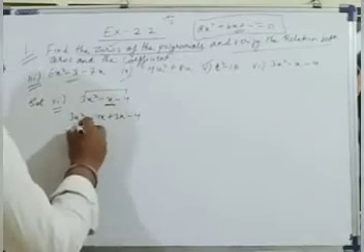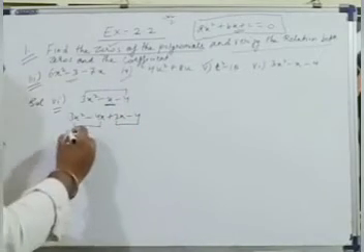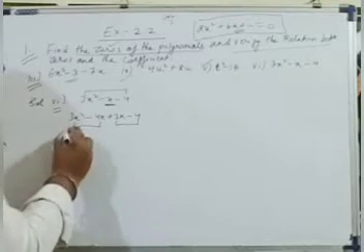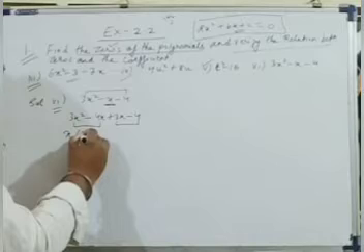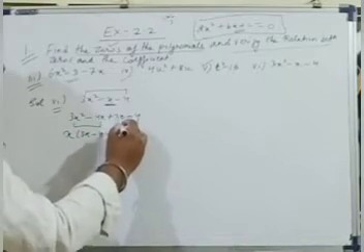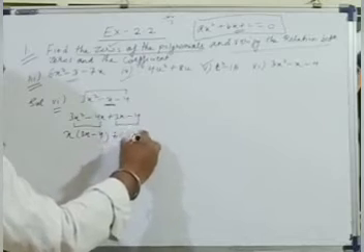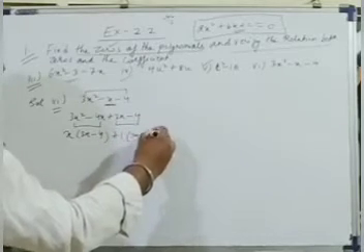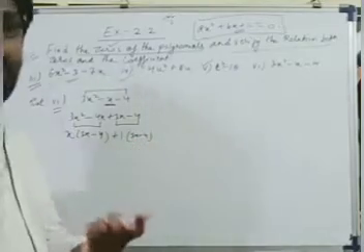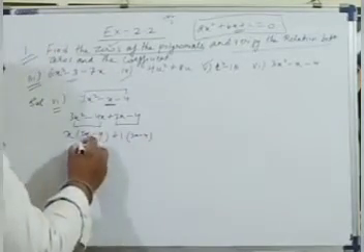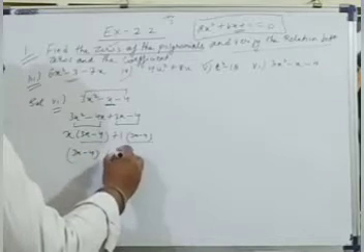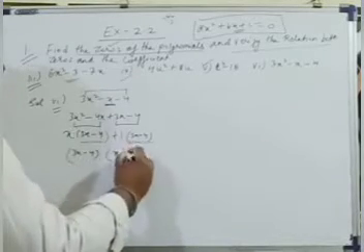And take common from these two terms and these two terms. Here we can take x as common, not 3x, only x is common. So the remaining is 3x minus 4. And here nothing is common, so by default we can take 1 as the common. Wherever nothing is common, you always take 1 as common. Then 3x minus 4 is common. So 3x minus 4 you can take common, then the remaining is x plus 1.